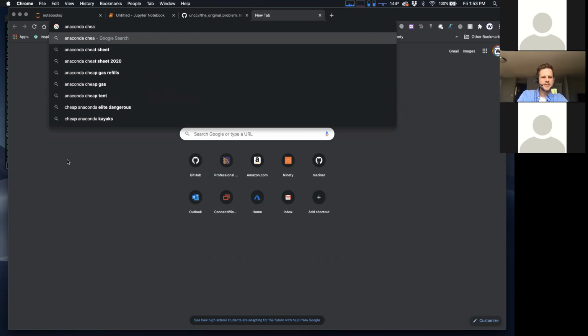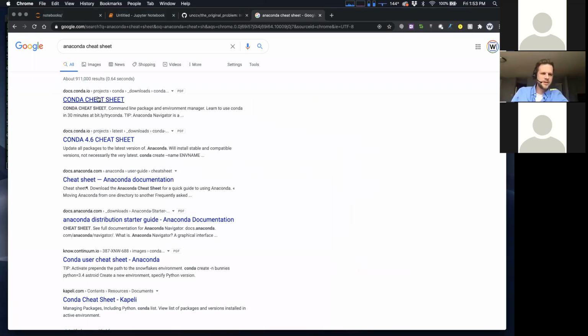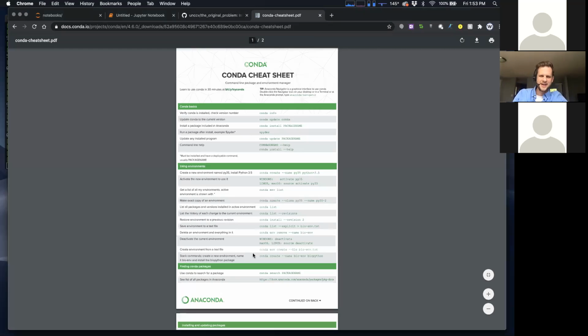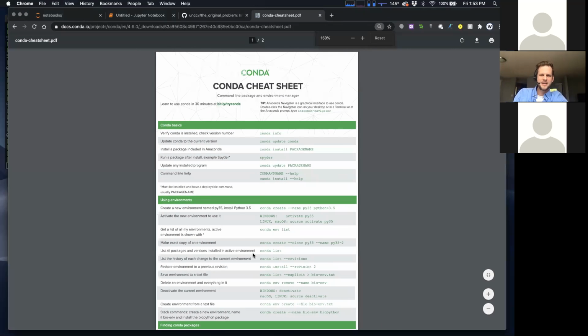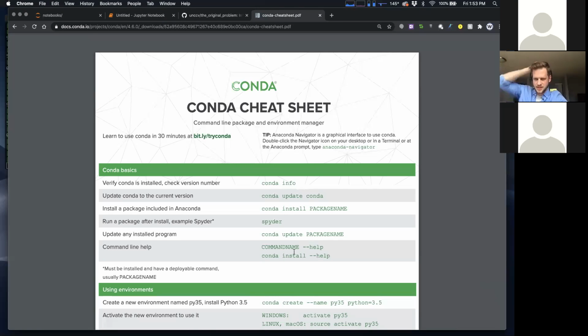But just real quick, just to help out everyone, there's a really good Anaconda cheat sheet. I have a printed copy of this in my office that I use all the time, although I don't know where it is right now, I have to go find it. But the Anaconda cheat sheet is really nice. So let's see if we can find the answer to Chandan's question. He said, how can we create a new environment and then change the environment? Yep, that's a great question.